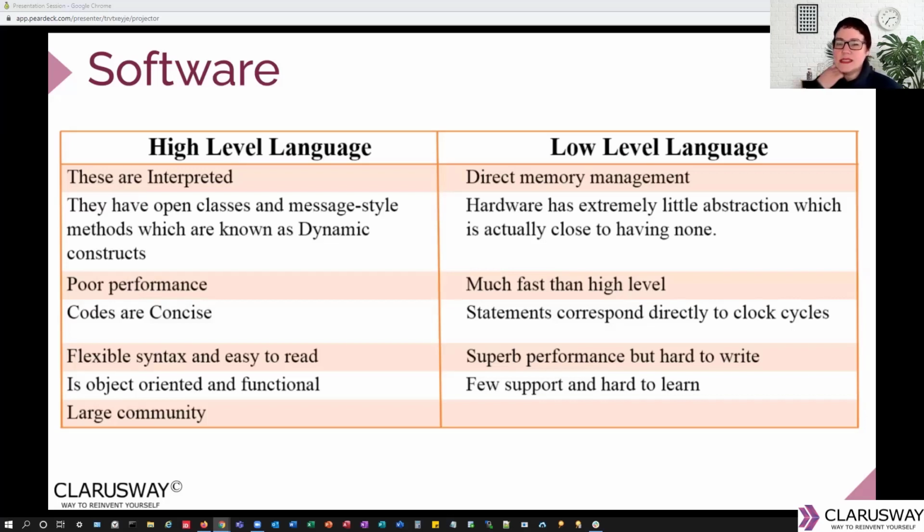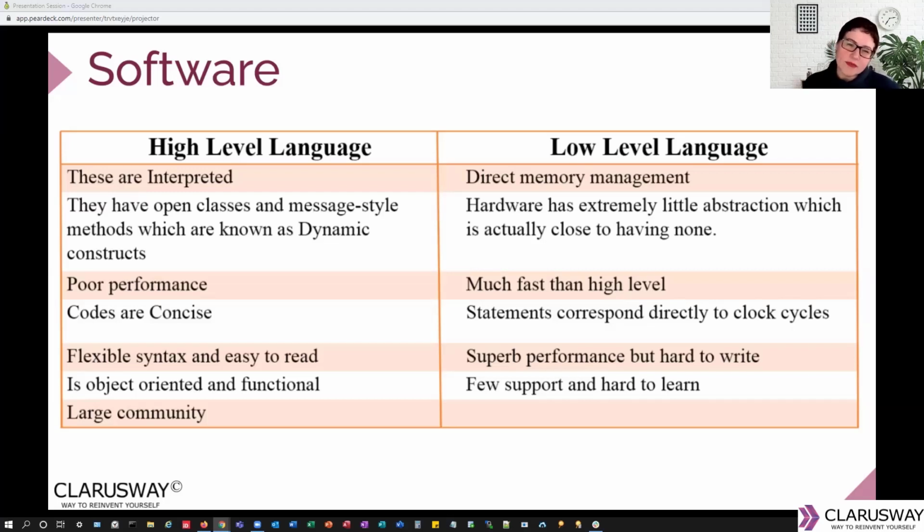When we say object-oriented, we mean that you can interact with objects on a screen. When you are coding for a web page, your objects on the screen, your fields, your images, that's what you can code for and interact with. Whereas low-level language is not fancy. It does not do anything